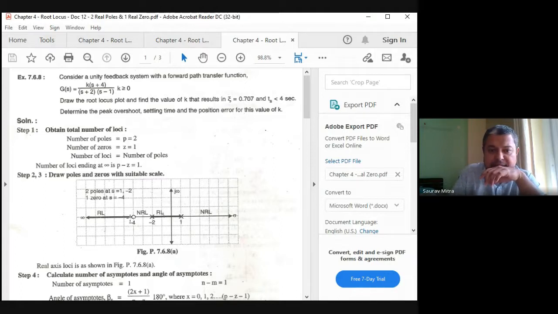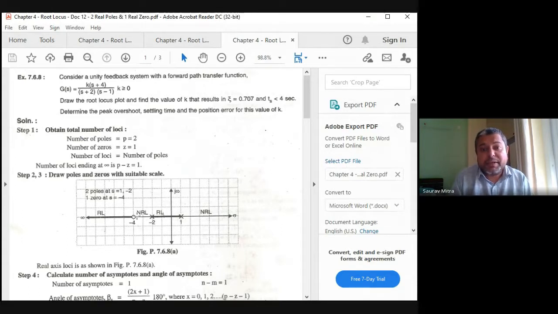Okay, and something is shown here, but I will tell you exactly how the shape of root locus is, and accordingly we will see how it looks. So it is shown as real axis root locus, but this arrow is from here to that side. But generally, whenever we are showing a zero, the arrow is shown towards the zero. That means one root locus, one out of these two, will come and enter this -4. So how the root locus in this case will look, nobody knows. Let us see. This numerical also we'll see in MATLAB.